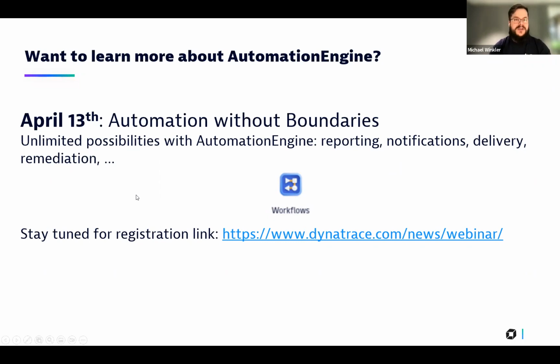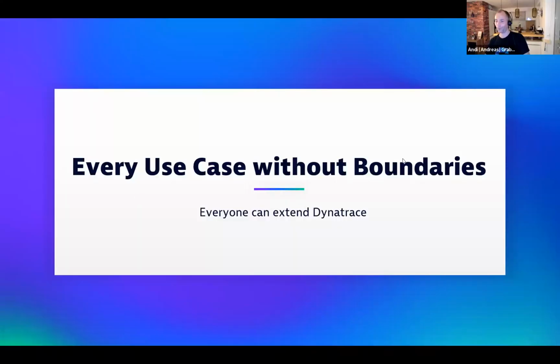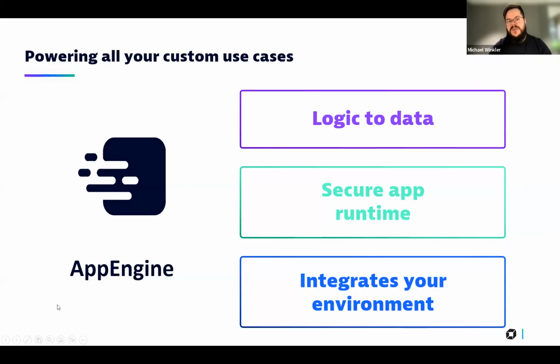to the next part that we want to talk about, right, Andy? Yeah. So, every use case without boundaries, everyone can extend Dynatrace. And what that actually means is we are also releasing in Q2 our AppEngine, which means that you have access to the full Dynatrace platform to add your own custom logic, your own custom use cases. No more bolted-on logic, no API, no lacking context. You can really use what we ourselves use, and our engineers use,